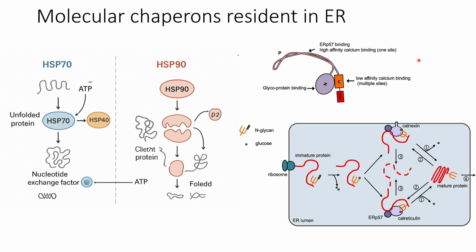When it is bound to an ATP molecule, it is in an open form, and then the protein comes and gets attached to it. Then ATP is removed, and it tightly binds the protein, whatever changes in the protein structure happen there. Then ATP is again regenerated, and the folded protein comes out of the HSP70 chaperone. Sometimes HSP70 cannot fully give structure to all the proteins. So the partially folded protein then goes into HSP90,